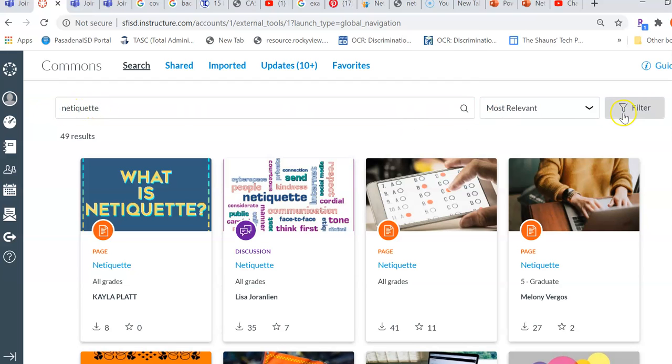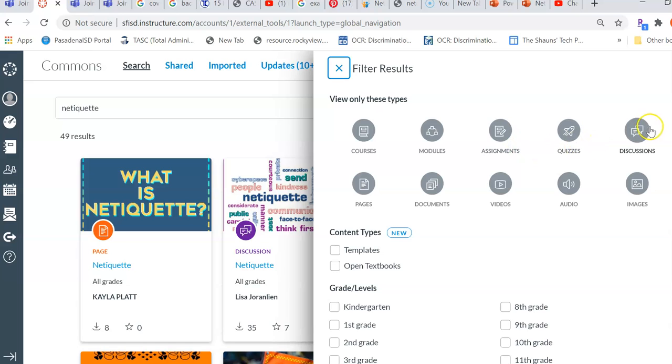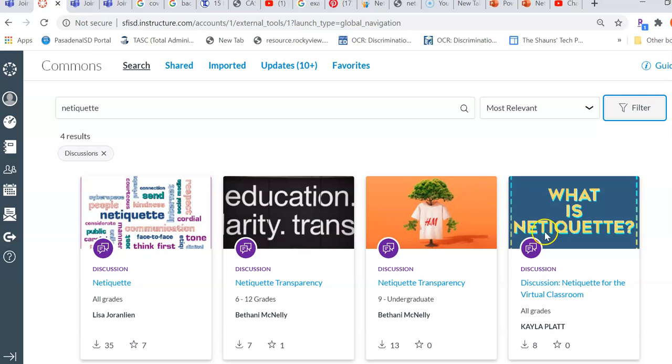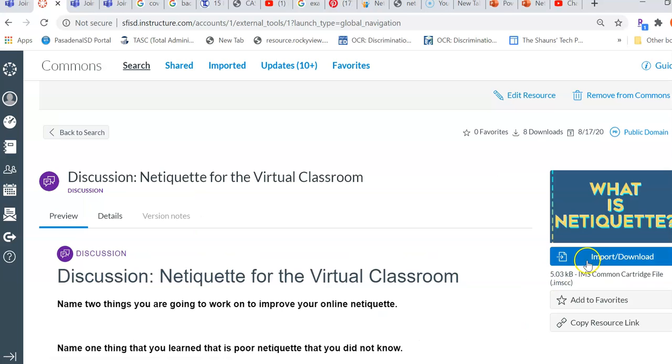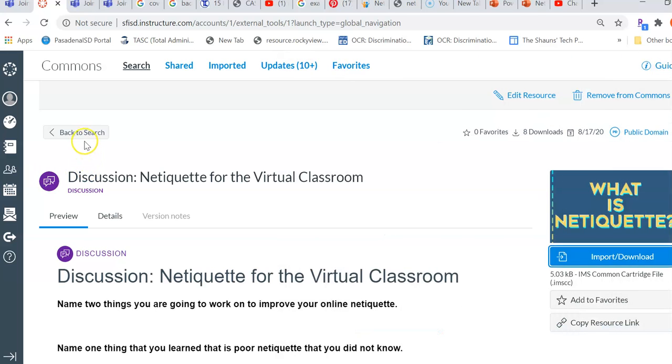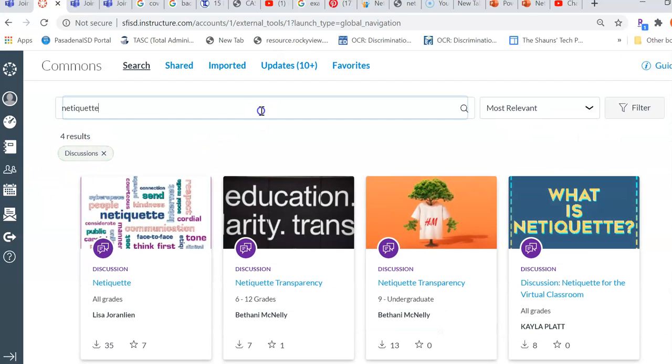Then there's a discussion. So I'll go to filter and go to discussions. And here's the discussion. You'll do the same thing, import and add that one. And then you're also going to need,